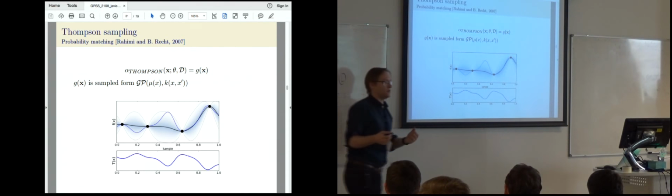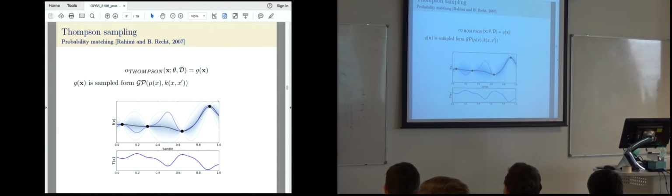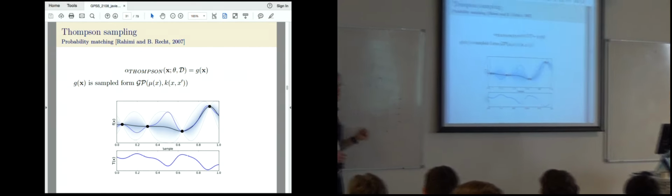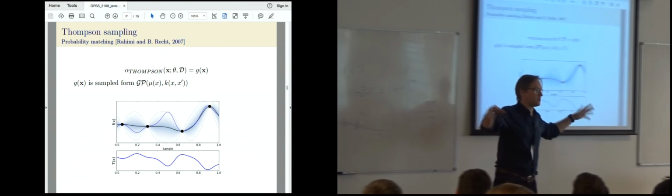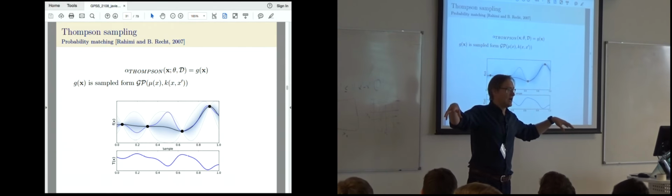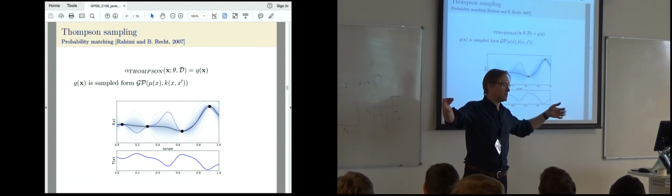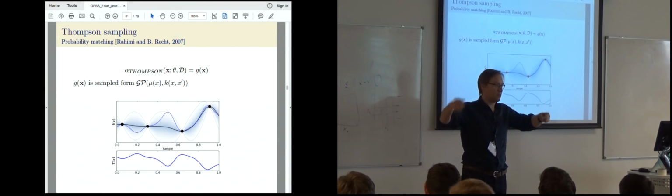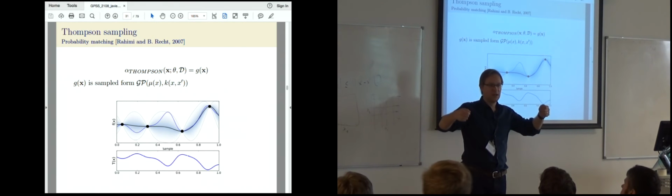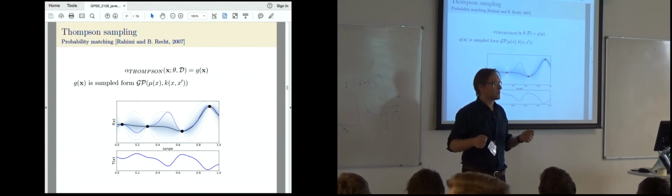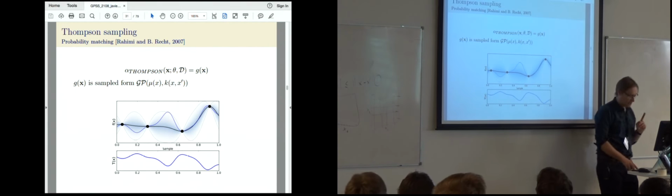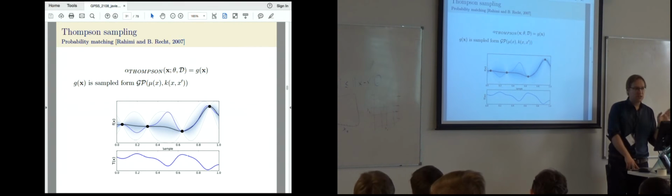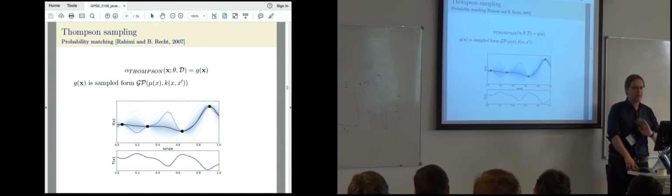I'm going to fall in the same problems that I had when I was doing grid search with my samples, right? So the locations where I'm going to be taking the samples are going to be very far apart. And if I optimize my acquisition, I can only optimize my acquisition in the locations that I sample. So that's not going to be very nice, right? So what I can do, though, is, well, I cannot draw continuous exact samples from the GP, but I can